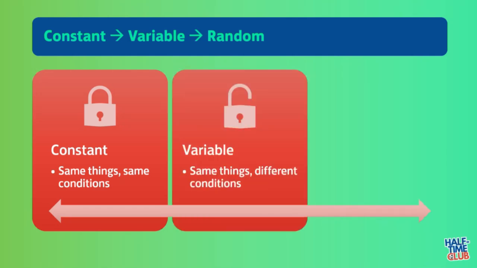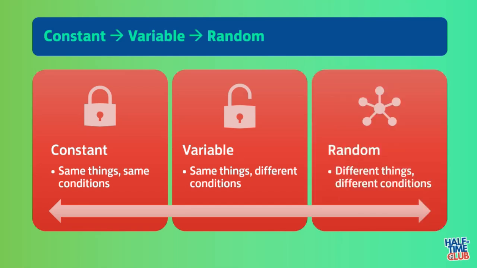Variable is where the padlock's slightly unlocked. The padlock's still there, but we've just unlocked it a little bit. So in terms of an example, that means we're doing the same things, but with different conditions. And that links into your unopposed interference. So we could be working at passing consistently on the floor to feet, however you want to describe that, but we may change the angles, the heights, the speed, the tempo, the direction, the surfaces we strike the ball. The majority of people probably work within the variable setting because that's where they get to have a bit more impact coaching. But then the final setting, where other people can work where they're doing more game-based activities, is generally around the random. That means different things, different conditions all the time.